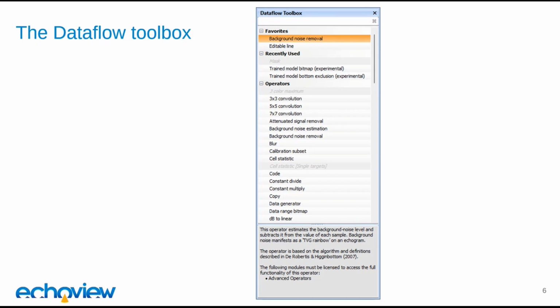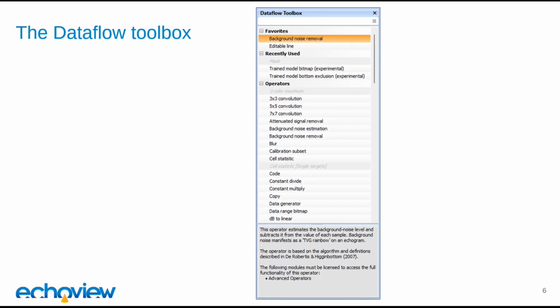As you'll see from this little preview on the screen, it's got a favorite section up the top. So if there are certain operators that you create more regularly, you can pin them to the top. There's a recently used section so that you can readily access operators that you created recently. And then we have a nice long list that includes all of EcoView's operators, and below that other object types as well. And what you'll see is there's a little note section at the bottom that gives you information about the object that you've got selected. And if it's an operator, it'll also include the licensing requirements of that operator.